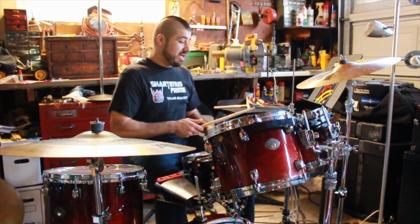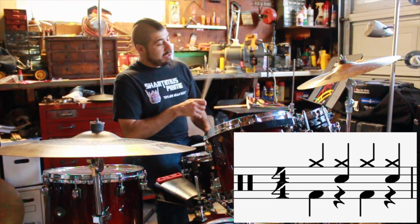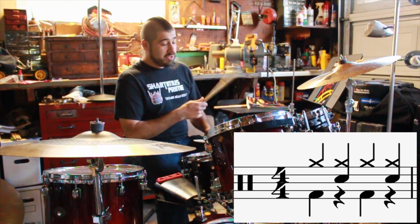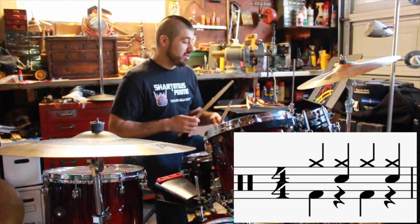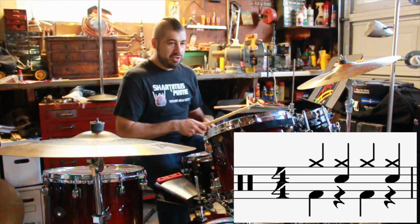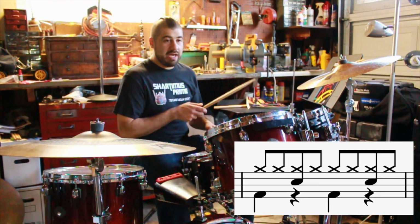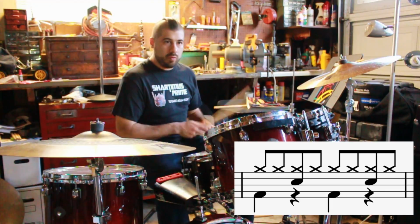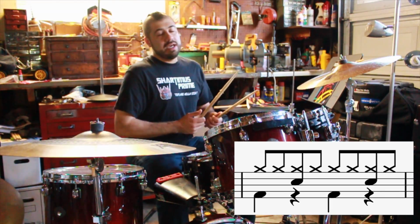Going back to this drum beat, 1, 2, 3, 4. If we start changing the quarter notes into eighth notes on the right hand, you're automatically going to make the drum beat a lot more hip. Check it out. 1, 2, 3, 4, eighth notes. 1 and 2 and 3 and 4 and 1 and 2 and 3 and 4 and